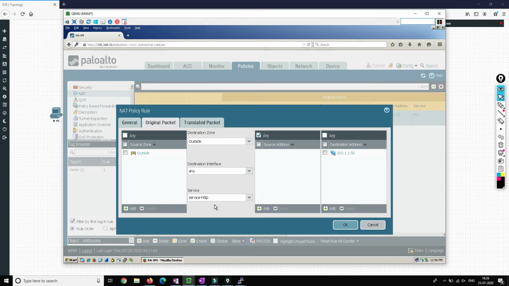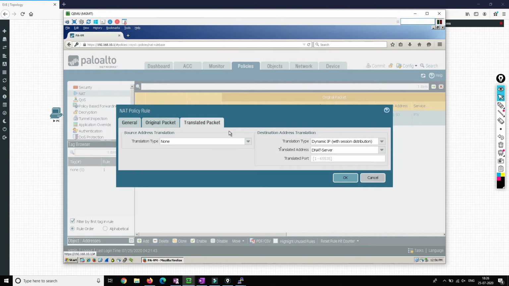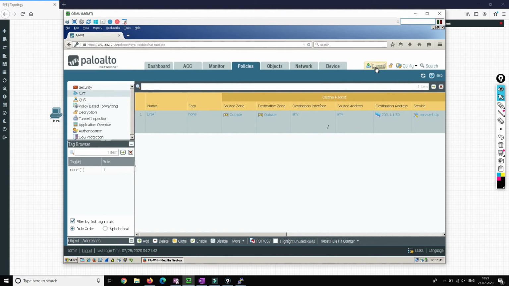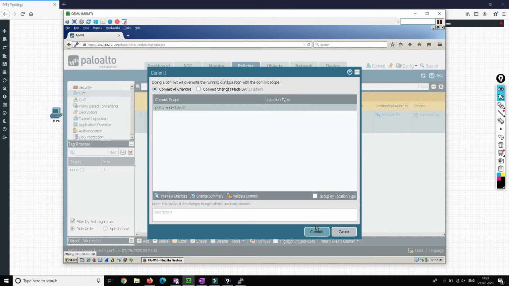That is the reason we are defining it as HTTP, and the translation will be happening on port number 8080. Okay, so now once we do the commit, we'll go to the user machine and we'll try and access